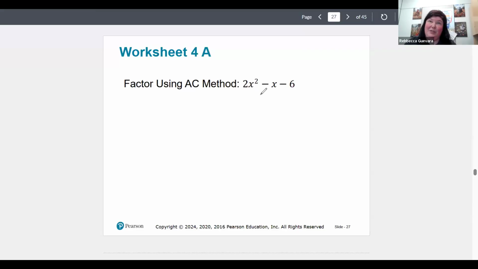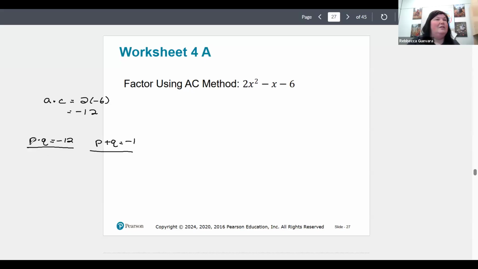If you get practice, sometimes you can just see what you break up this term into. But we want my A times C, so that is my 2 times negative 6, which will be negative 12. So I need two numbers that multiply together to give me negative 12, but add together to give me that middle term of negative 1. So we can try, let's say, negative 3 times 4. Those products give me negative 12, but if I add them together, it gives me positive 1. Well, let's flip it. Positive 3, negative 4. Well, if I add those together,